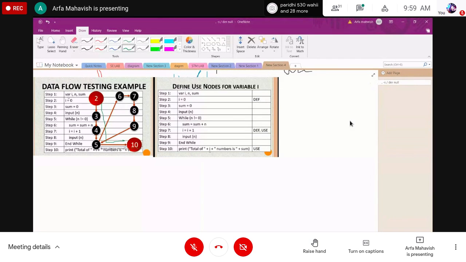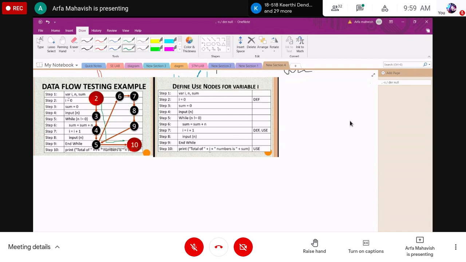Next, we are going with the variable. We are selecting a path and testing them to find the bugs: all paths, all edges, all nodes. We are going with all paths, all edges, and all nodes, and we are finding the DU paths and DC paths, define-use paths and define-clear paths. Here, define-use testing means all DU paths, all uses, all C-uses, some P-uses and some C-uses, all defs, all P-uses.